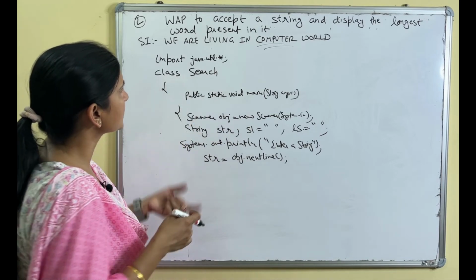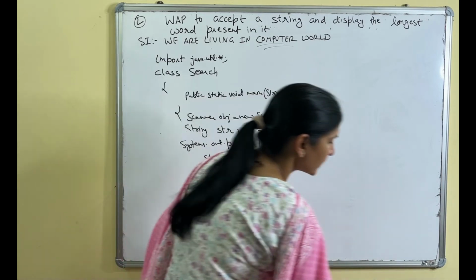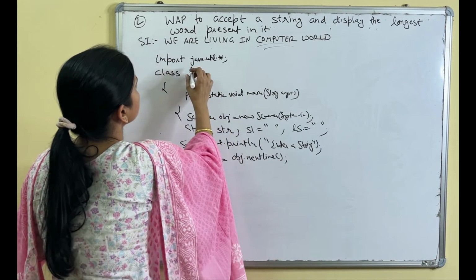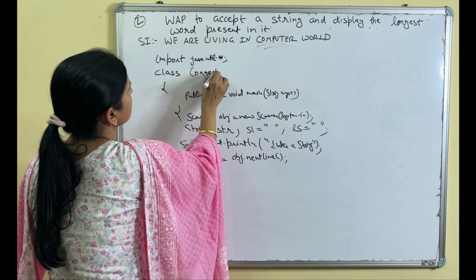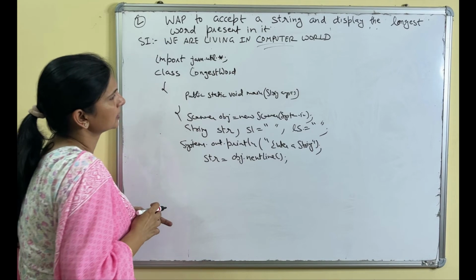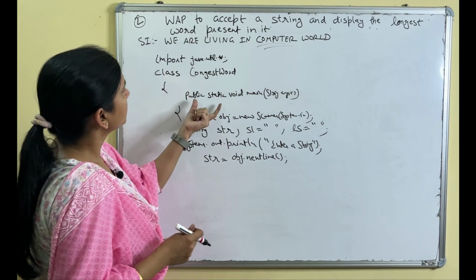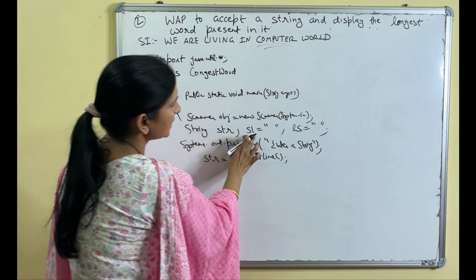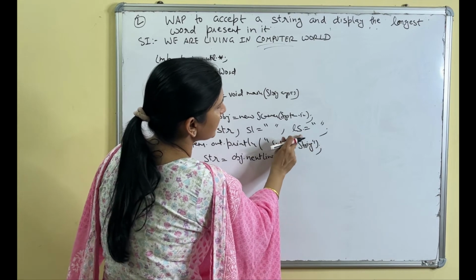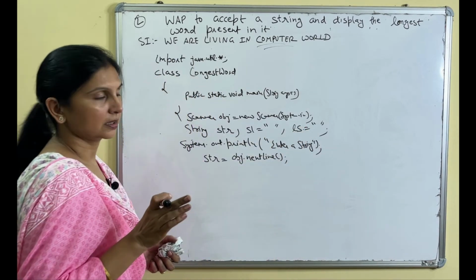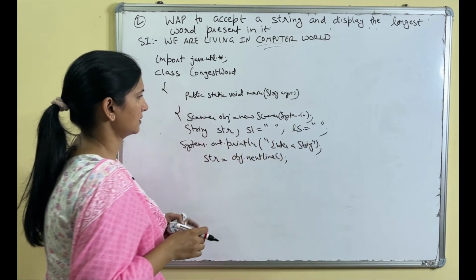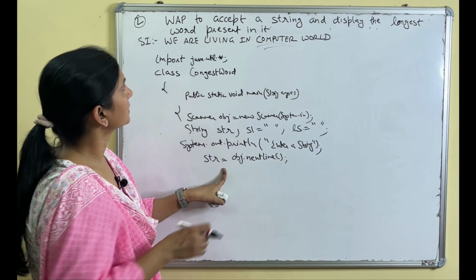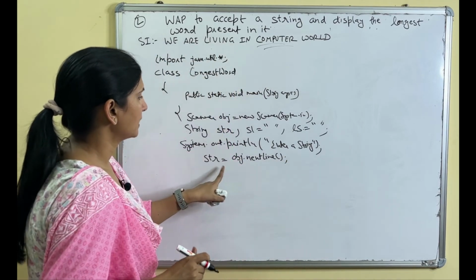It is the same as before. Instead of search, you can write longest word. So instead of the class name Search, we are giving the class name Longest Word, right? So in the previous program only I am making changes. Public static void main, then the scanner object, then the string str we have taken, one s1, and for the longest string we have taken ls, and that we have initialized with empty. So this is an empty string. Fine. System dot out dot println, enter a string. So this is the string. For example, this we have given, right?